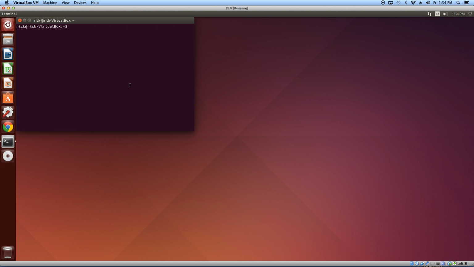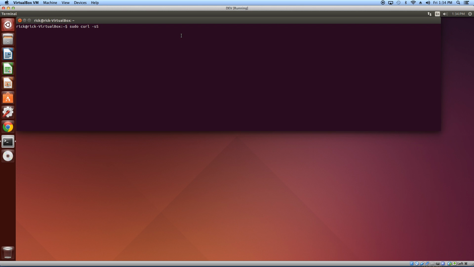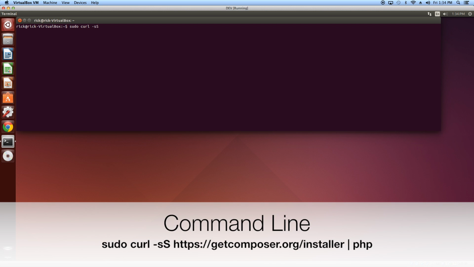And we're going to say sudo curl. That was one of the extensions that we installed earlier. And we're going to say small s and capital S. I'm going to extend that so you can see everything fully. And we're going to install from